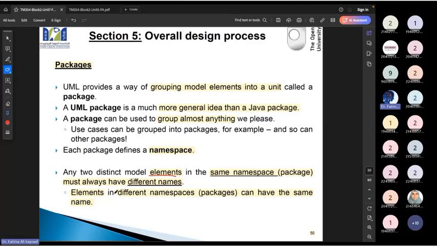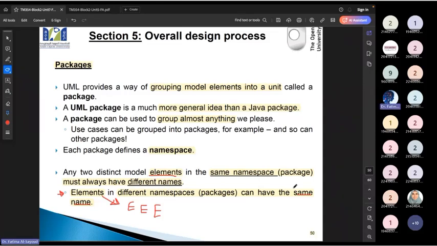In our example, I have element E and element E in different namespaces. The elements have the same name but a different namespace. I have an account payable, and then receivable.